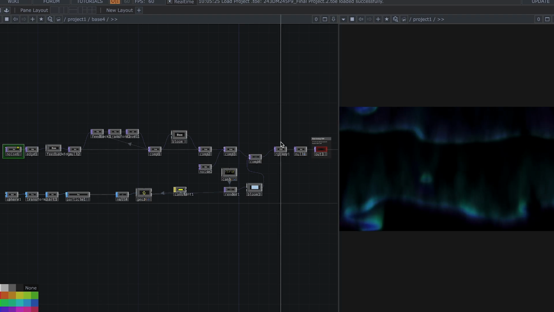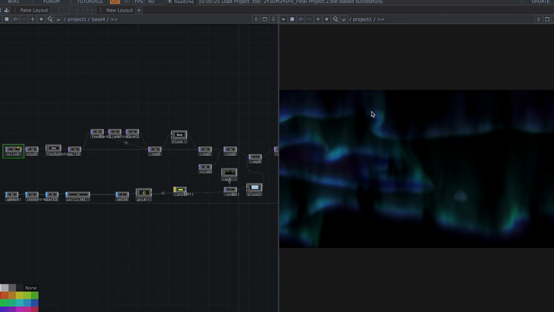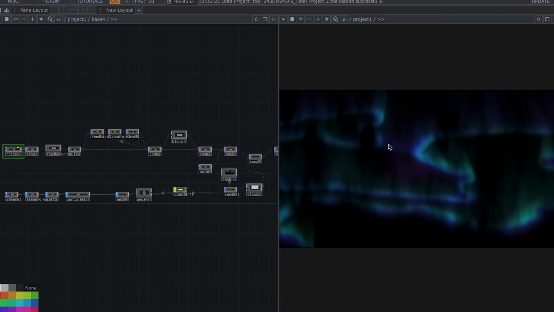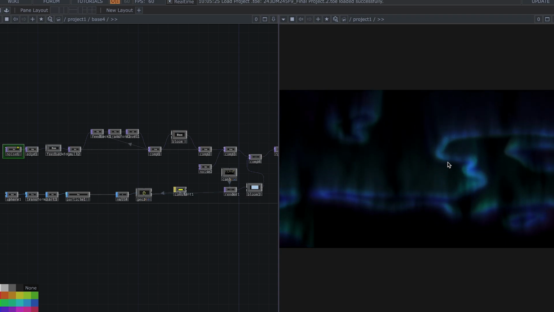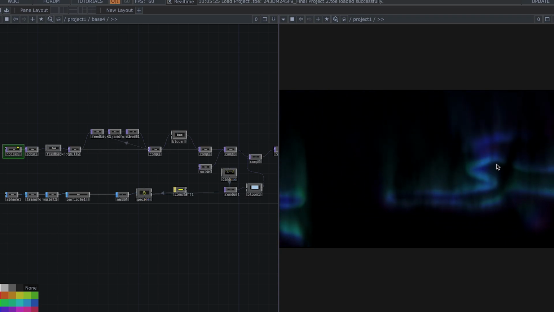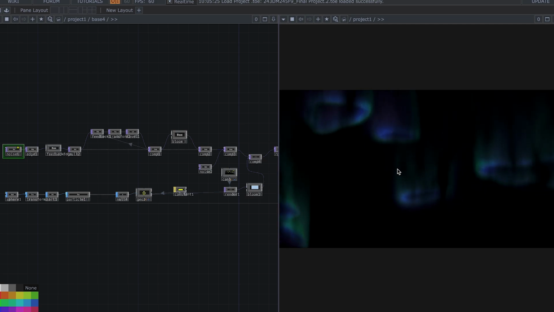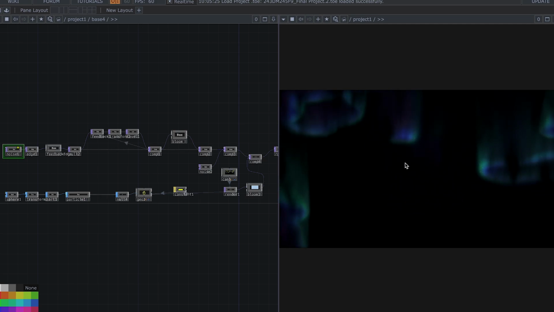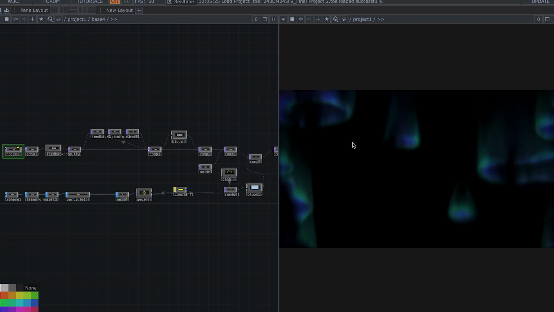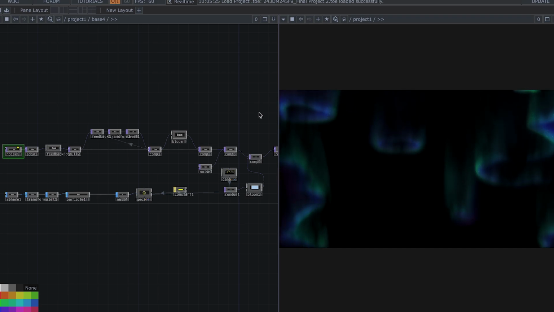As you can see right here, the particles are made like fireflies flying in the night with the aurora, with flickering lights that evoke their natural twinkle.